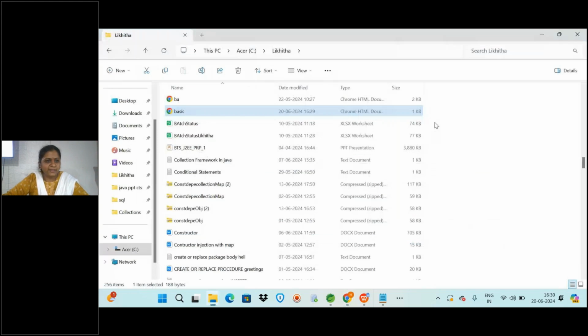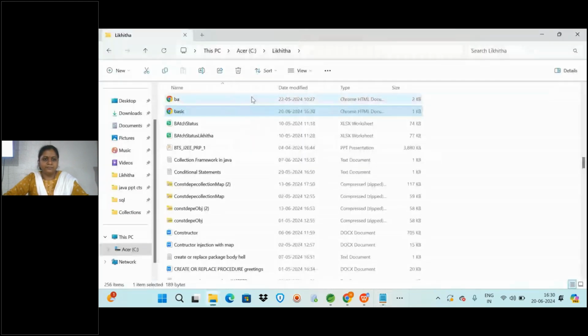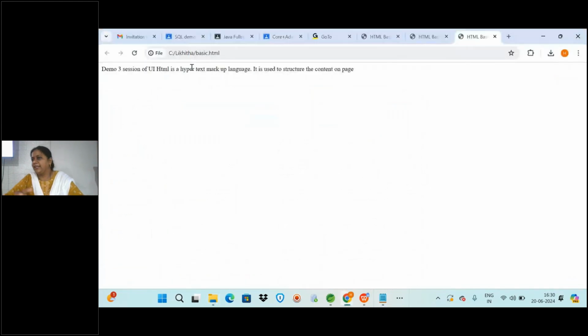Okay, it is displaying some title. It might not be closed properly, so it is displaying the head title, and the spelling is wrong.